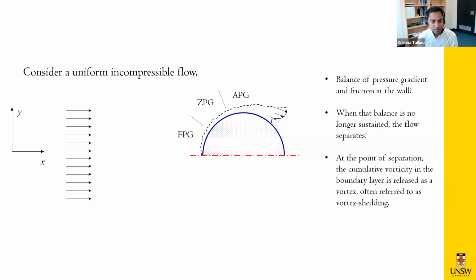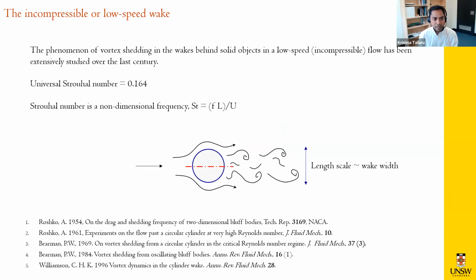And at that point of separation, the cumulative vorticity present in the boundary layer is released as a vortex. We often call this vortex shedding. This has been studied quite extensively. This doesn't need an introduction. And the famous work by Roshko, Bearman, Berger, and Williamson, there are several works that have confirmed that you can